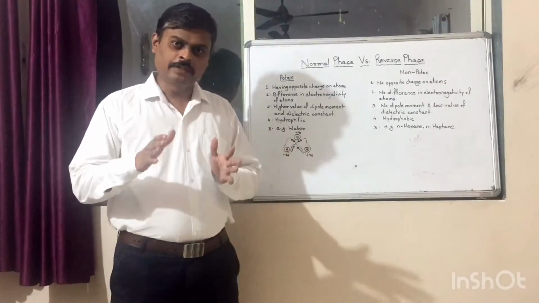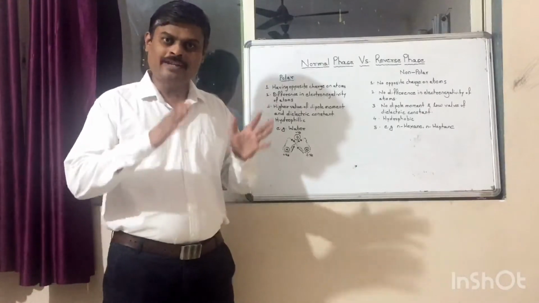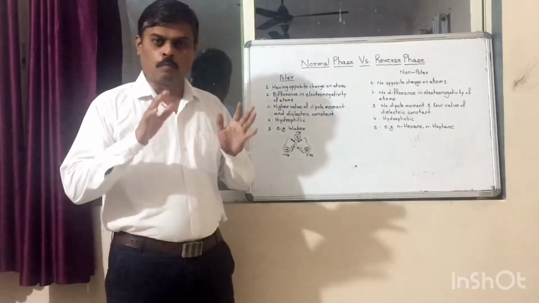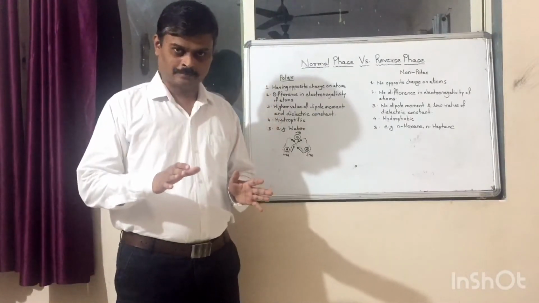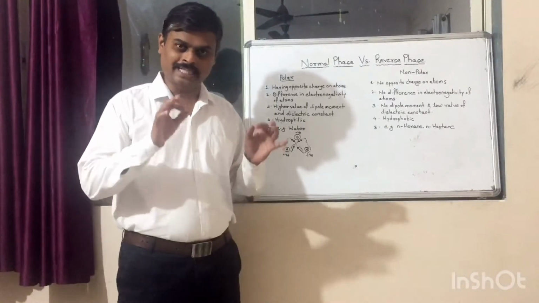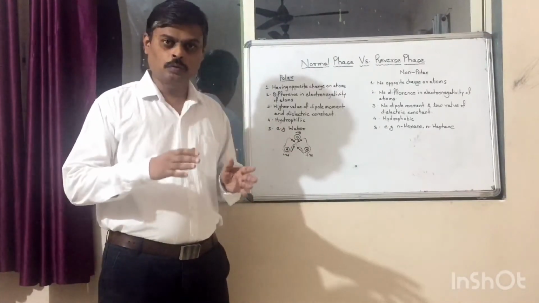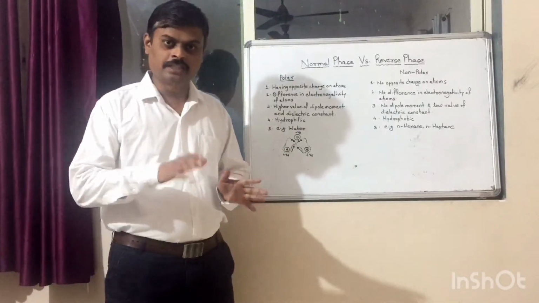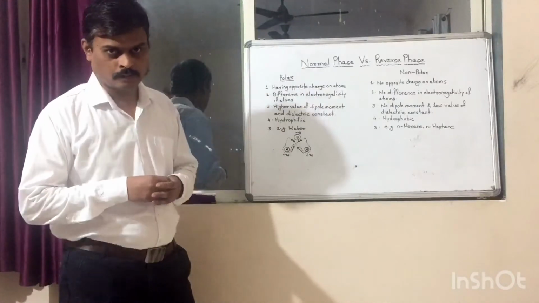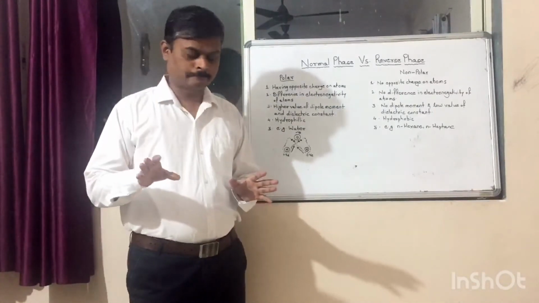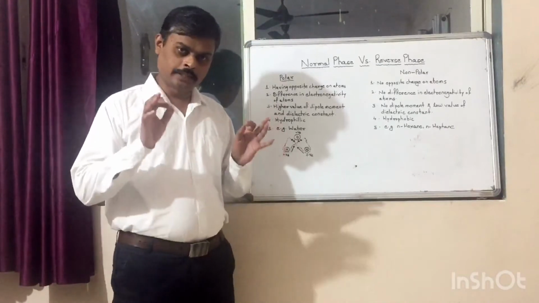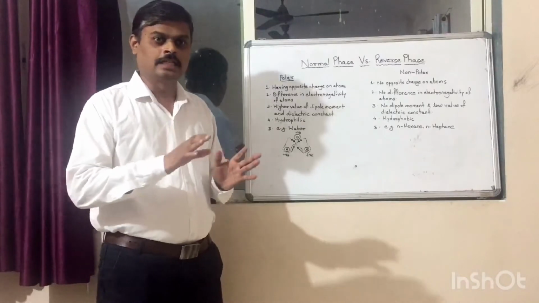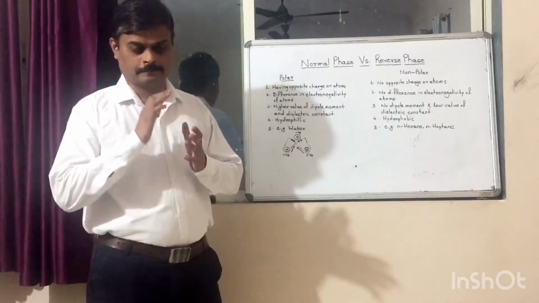Polarity means having two opposite charges on atoms of the same molecule. Polarity is caused by uneven distribution of electric charges due to differences in electronegativity of the atoms within the same molecule. What is electronegativity? Electronegativity is the tendency of an atom to attract the shared pair of electrons towards itself.